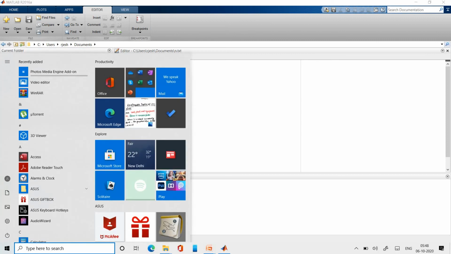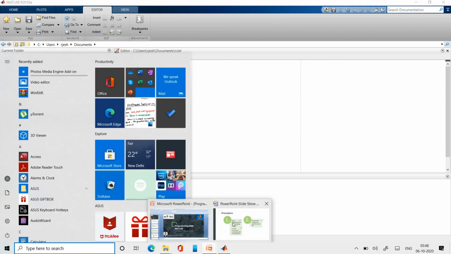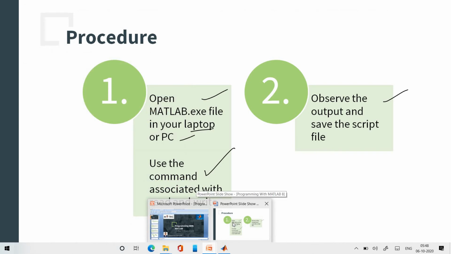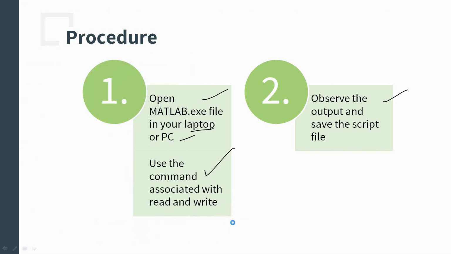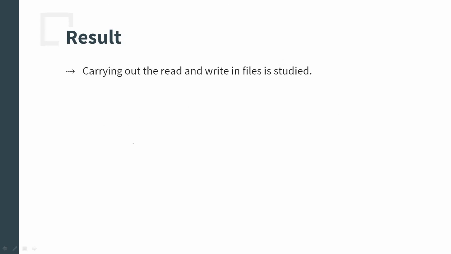So let's come back to the results. The result will be carrying out reading and writing files in MATLAB. Just remember, first you have to fopen. Then decide whether you have to read or write. If you are writing, use w. If you are reading, use r.